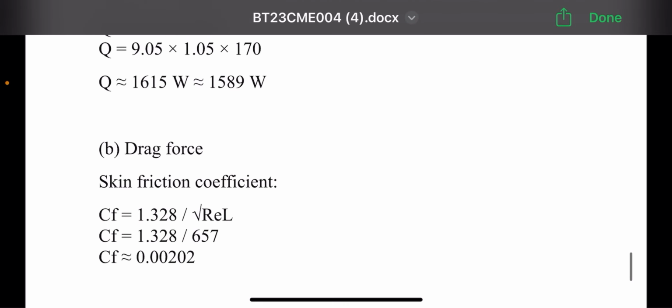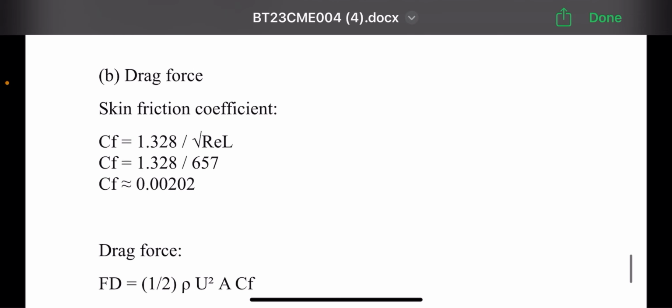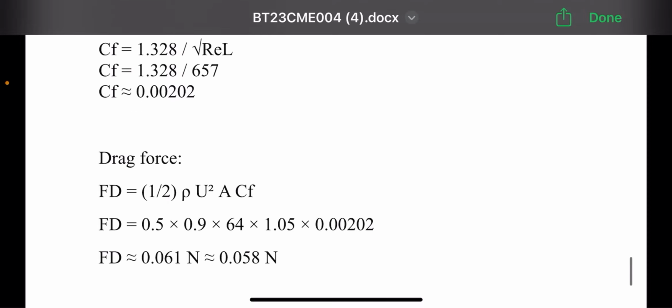Then we will calculate drag force. First we will calculate the skin friction coefficient, which is 1.328 by root Re_L. We will calculate Cf, which is 0.00202. Then we will calculate drag force. F_D is equal to half × density × velocity squared × area × Cf. We will substitute the values and we will calculate drag force, which is coming out to be 0.05